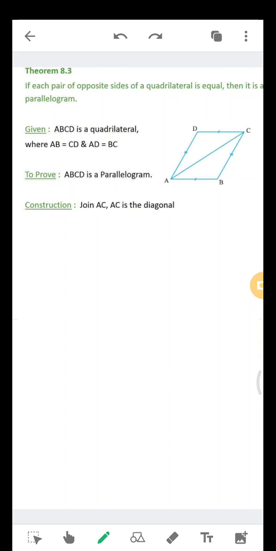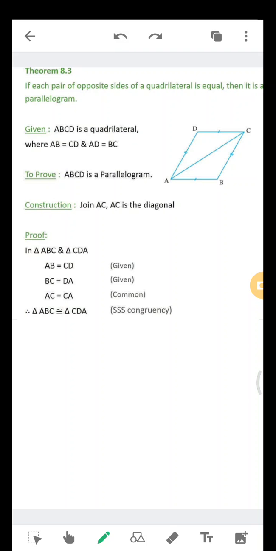We know that AB is equal to DC, I can use this in proving. AD is equal to BC, I can use this in proving. Here I cannot use alternate angles, because we are not sure whether it is a parallelogram or not. Now in triangles ABC and CDA, we are using SSS congruency. AB is equal to CD and BC is equal to DA, given to us, and AC is the common part, so we can say that these two triangles are congruent